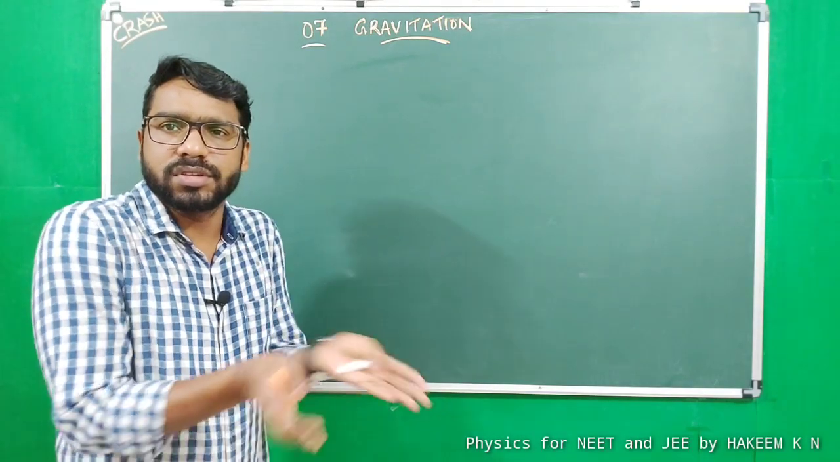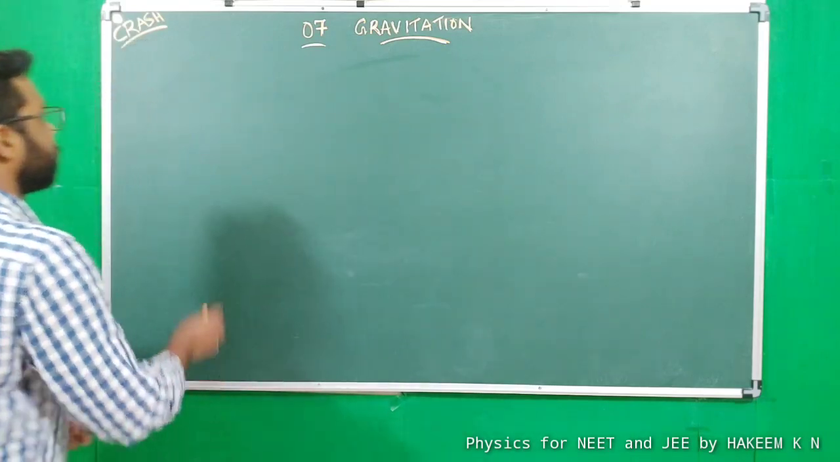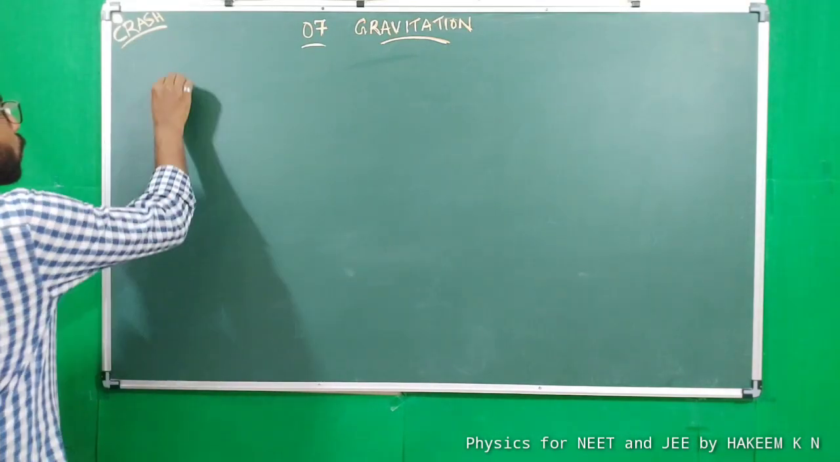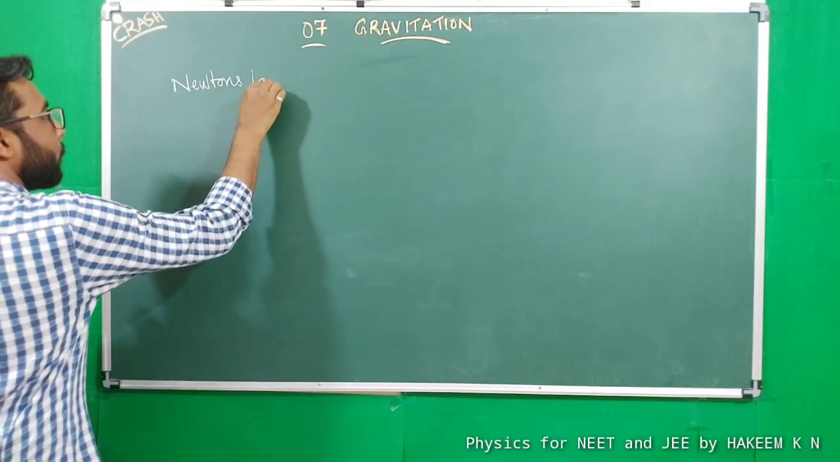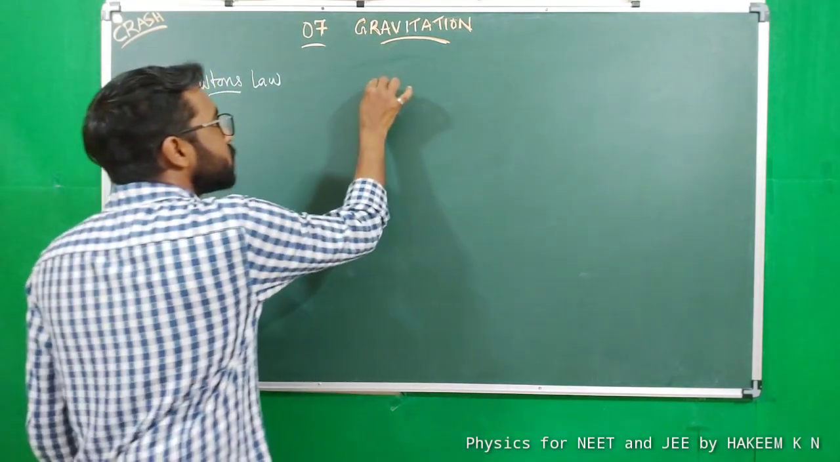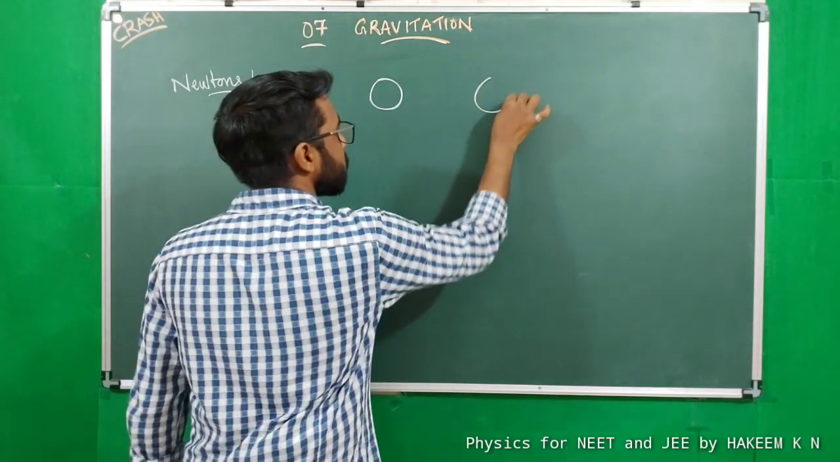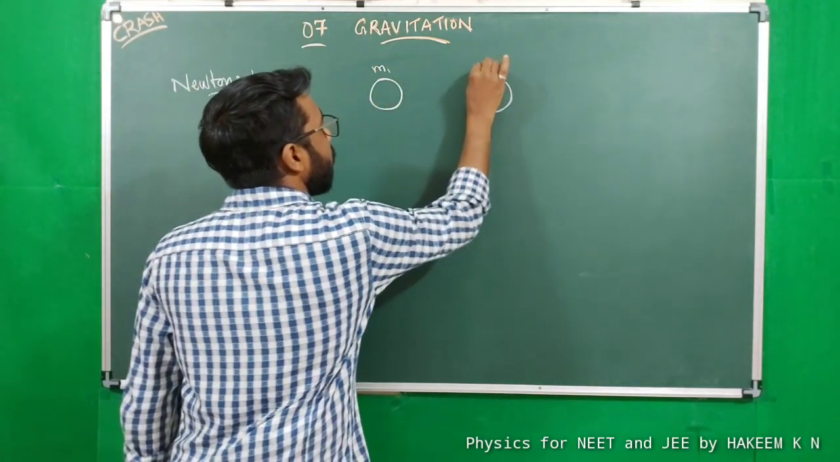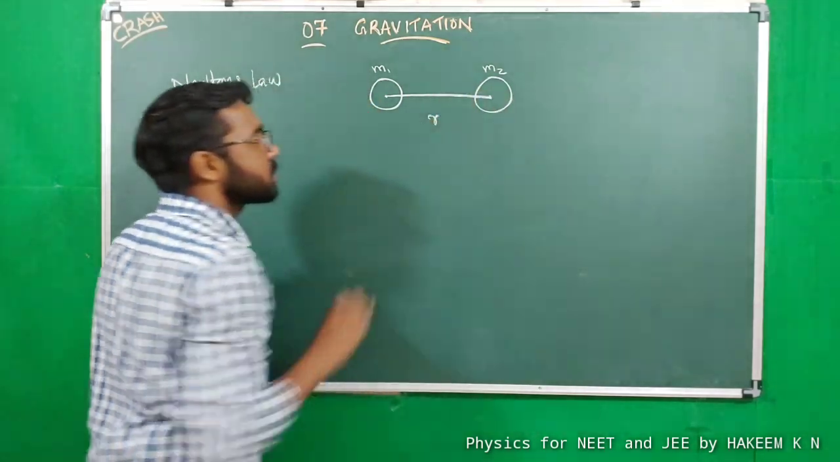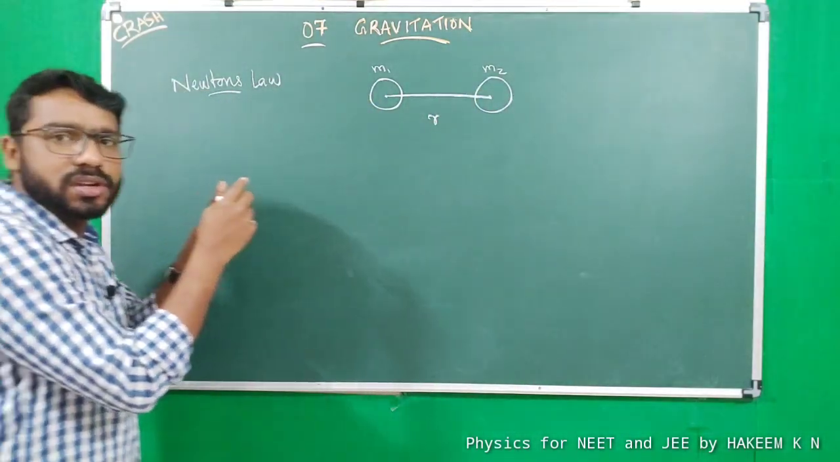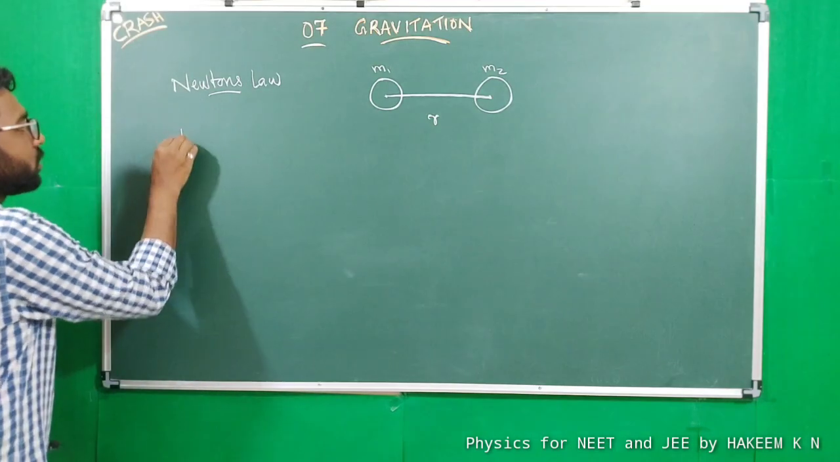This topic we are starting with Newton's law of gravitation. What is Newton's law? Two masses m1 and m2 whose centers are separated by a distance small r, then the gravitational force acting between them is